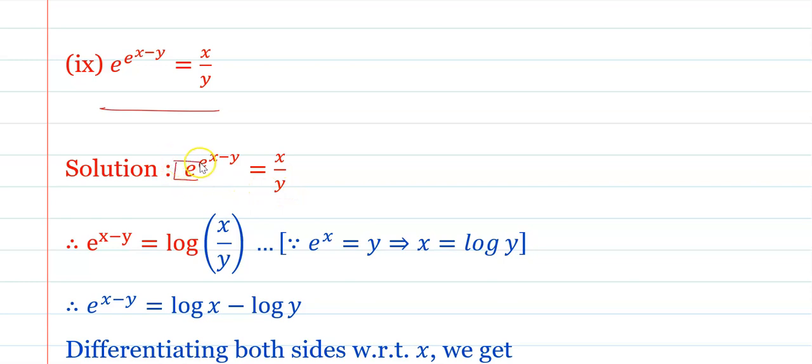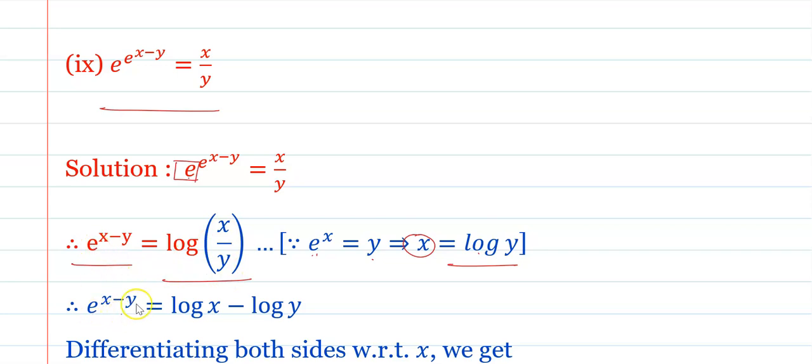This is the e. If we take it to the right hand side, it will become log of x upon y, आणि हा e raised to x minus y इथे आलेला आहे. We can convert the exponential function to the logarithmic function: e raised to x is equal to y means x is equal to log of y. Similarly here, हा e right hand side ला आला, तो काय होणार, log of x upon y. Therefore e raised to x minus y is equal to log of x upon y,